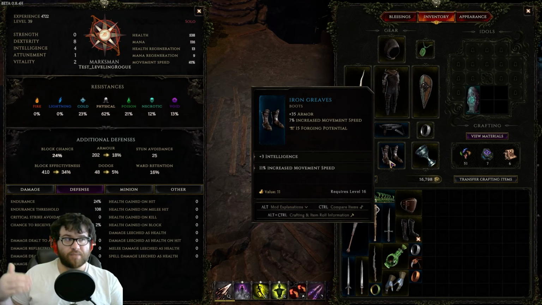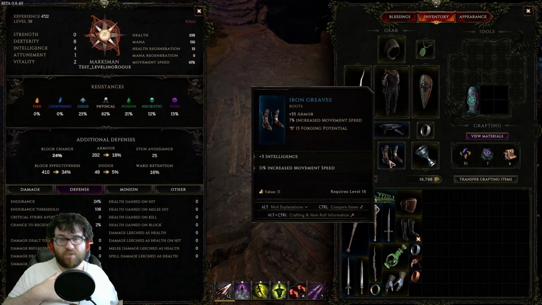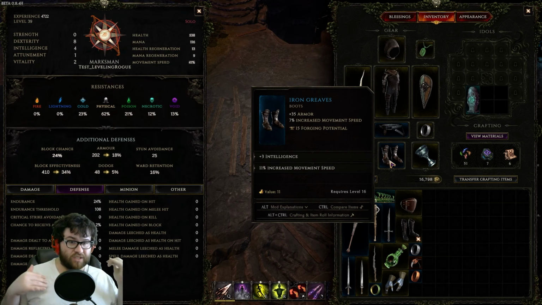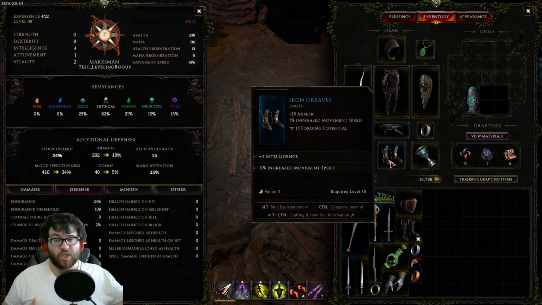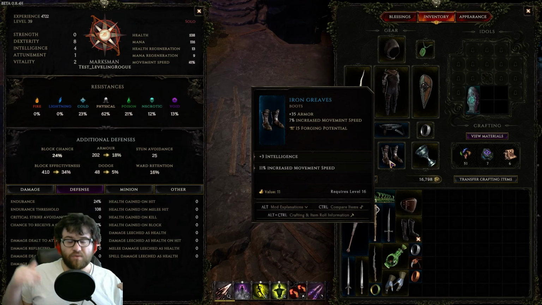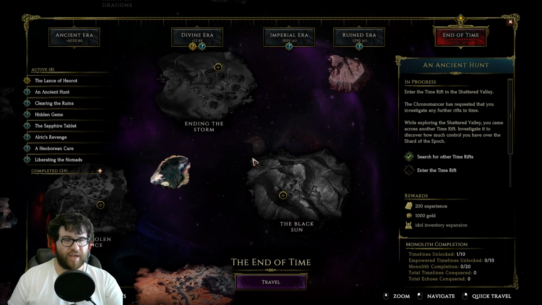different build. At this point, I am ready to respec into either a marksman build or, of course, into a blade dancer build. Whatever I want, I can respec into whatever I want. A lot of people say the game starts at level whatever, like level 70 or whatever, something stupid like that. The game starts at level 39 when you get to Monoliths, because if you speed through Monoliths fast enough, you're